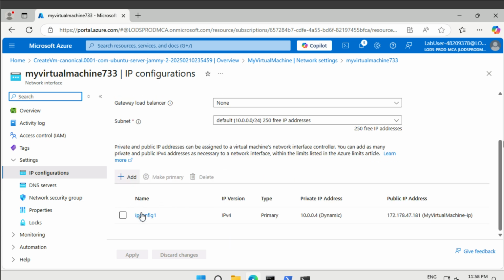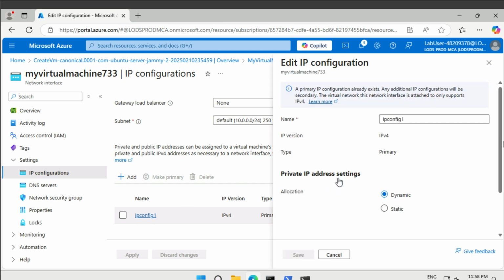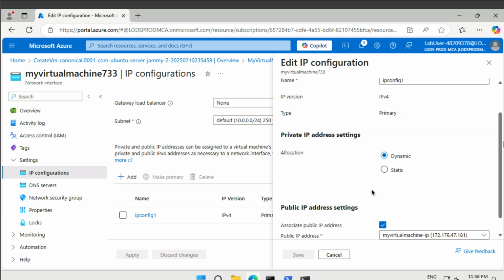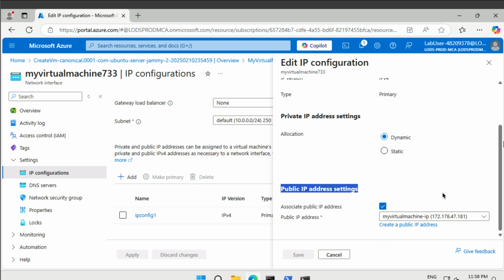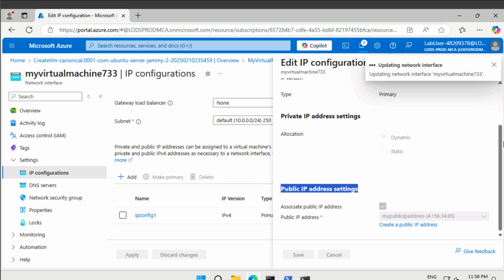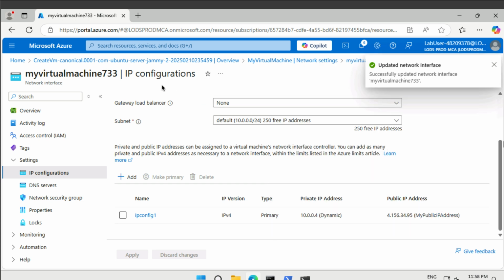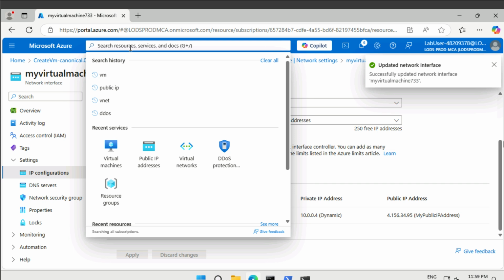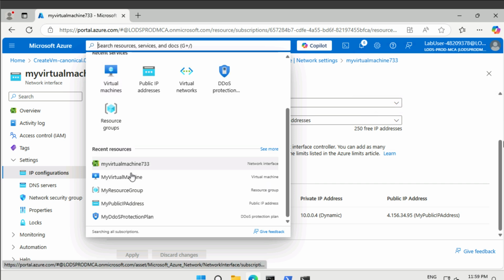And now we can edit the IP configuration to use the previously created public IP address. When that's done, now if we go back to the public IP,